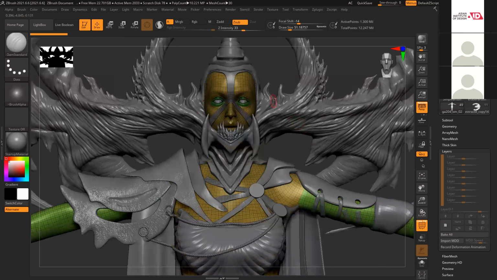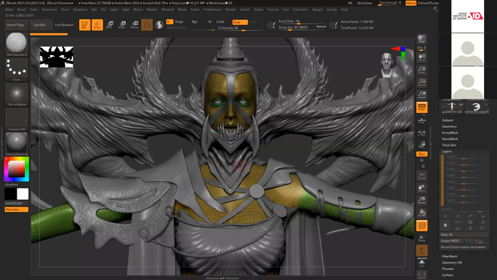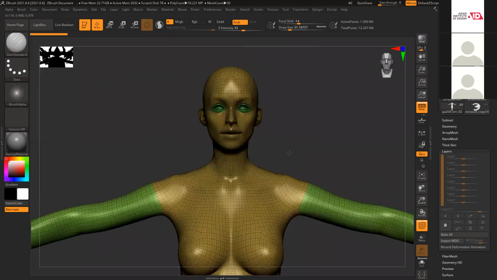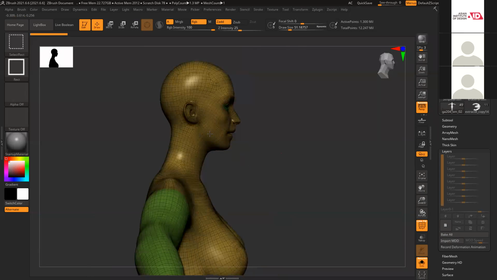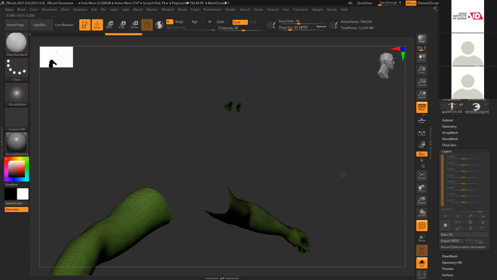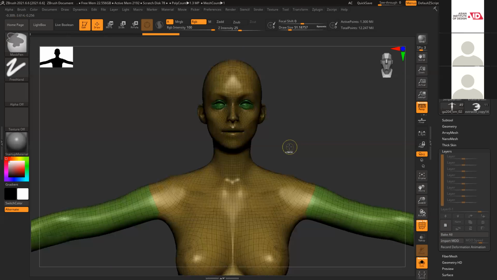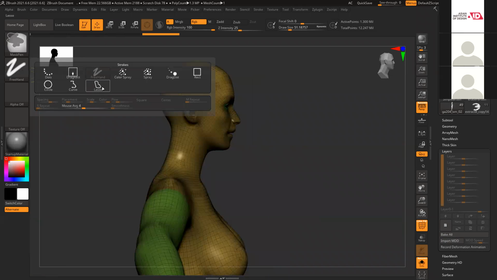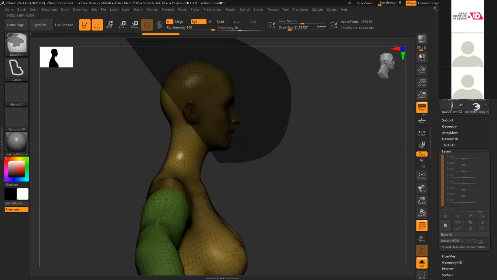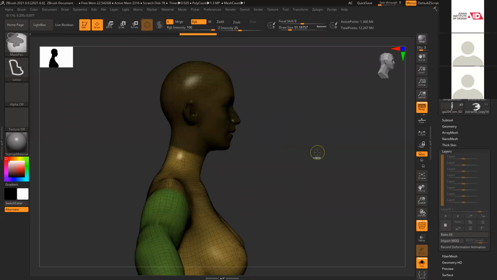Now I want to add details to my face. In my case, my neck is not visible, so it will be nice if I separate the head. The entire body is together, so I cannot do it. So what I'll do is side view, Control, lasso. Select this, Control W. Separated.